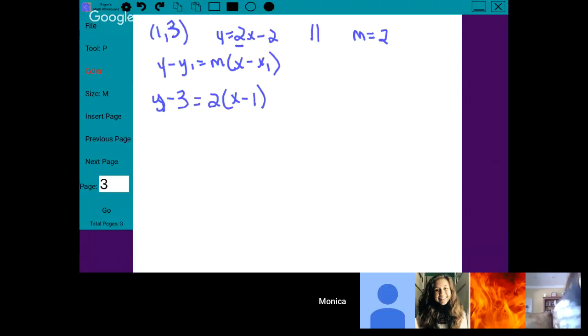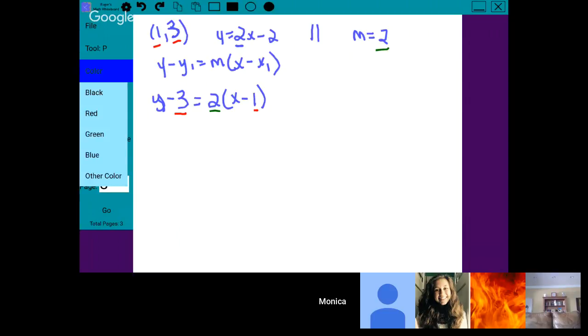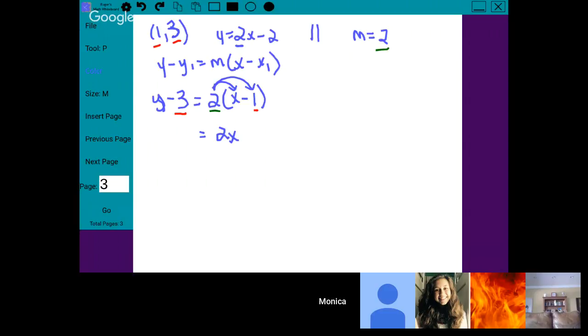And you see we get the 3 here and the 1 from here, okay? And then we get the 2 from here. So now we have to distribute the 2 in. So we're going to have 2x, because 2 times x is 2x, and then 2 times negative 1 is negative 2,